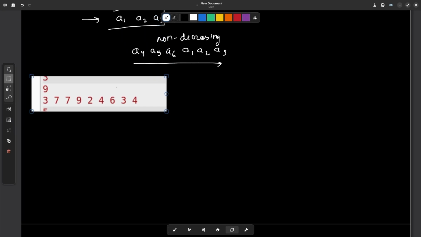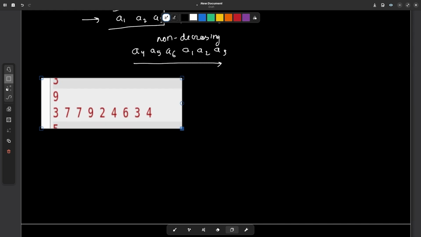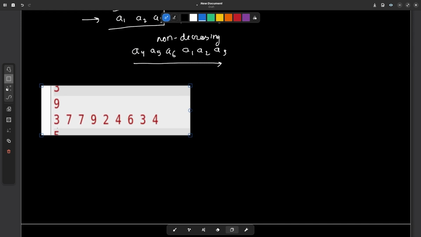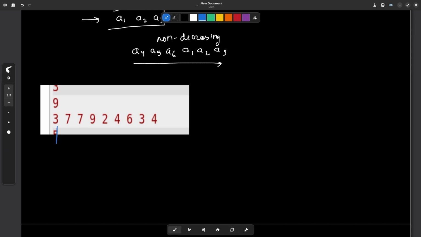So if this is the case, these are the elements, right? So they are saying that this is the first element, this is the second element, this is the third element, this is the fourth element, fifth element, and so on, right? For each of those elements I have to test whether I can append this element to the back of my array or not. So my array is initially empty, array A, right? And this array which has been given to us in the input is completely different from the array that we have, right? So we have to test whether I can append this element to the back of my array A